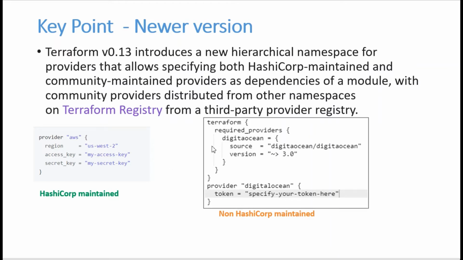That is what I'm explaining, with the community provider distributed from other namespaces and the Terraform registry, from the third-party provider registry. I hope it will be confusing for you, but it is very important, because if you are using 0.12 or earlier, this will work.